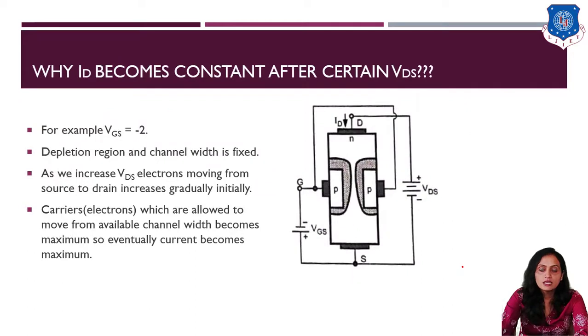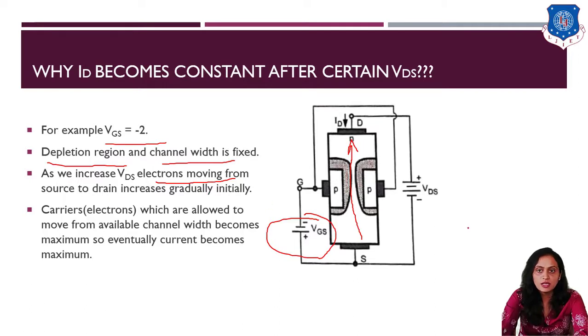Now we will see why ID becomes constant after a certain VDS. For example, let's take VGS equal to -2 volts, and VGS is kept constant. Now the depletion region thickness and the channel width are fixed. As we increase VDS, what happens? The electrons moving from the source to the drain